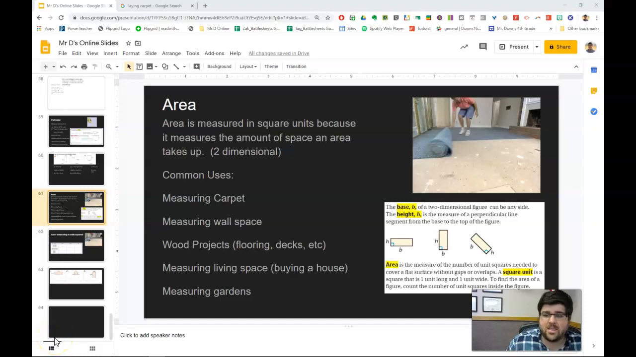Hello, all our students. So in this video, we're going to be talking about area. Yesterday, we learned a little bit about perimeter, which, to remind you, is the distance around the outside of an object. And if you remember, I asked you to start thinking about perimeter and area in two different spots